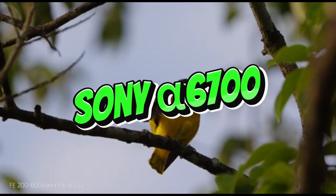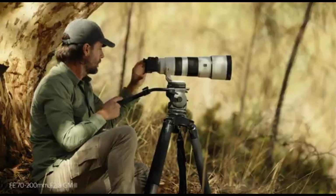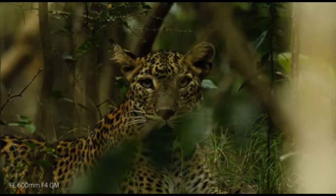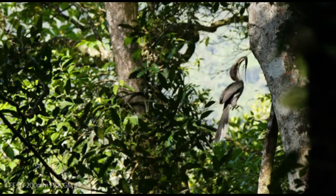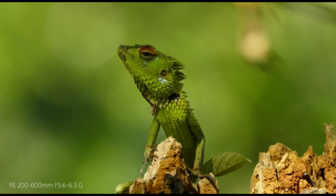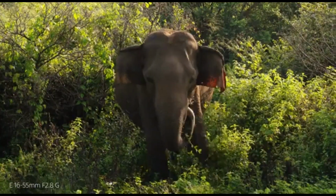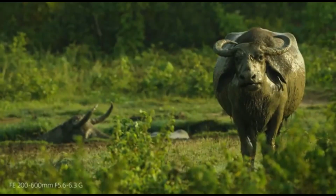Number 4, Sony a6700. If the Sony ZV-E1 sounds like overkill, the Sony a6700 will suffice. Though it lacks the Sony ZV-E1's excellent low-light capability, it's a really capable camera for its price. Internal 10-bit 4:2:2 recording allows you to capture higher quality video, giving you greater freedom to edit and color grade